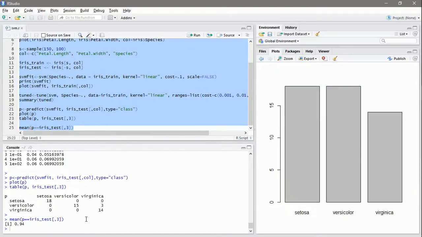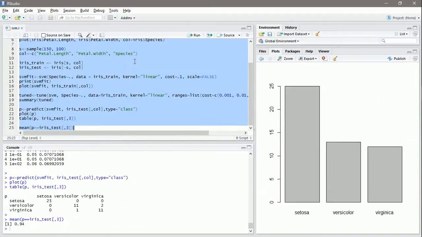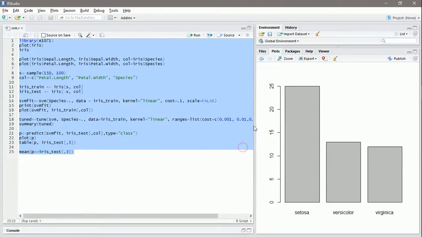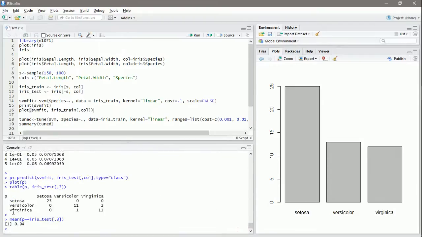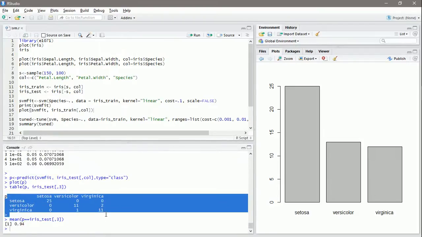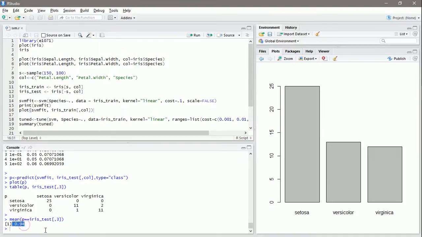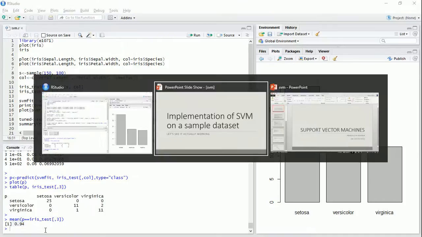Here you can see the accuracy is now 94%. If we do that again, it may increase or decrease. It says the same, 94%. So we're done with the implementation. The code is over here, and this is the output that we have, and this is the classification that has been done, and this is the accuracy, 0.94, that is 94%. Now returning back to our PPT,